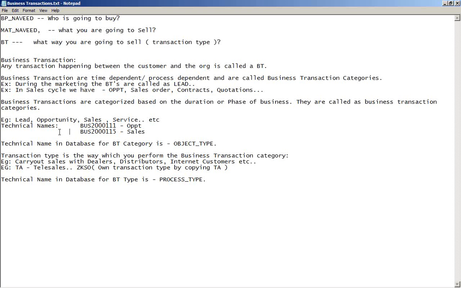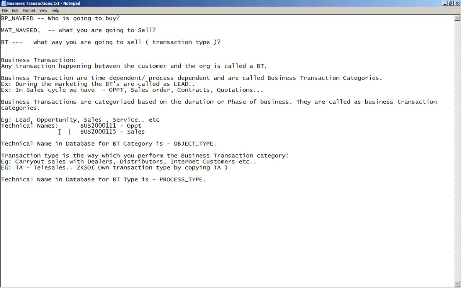You can also sell your products in bulk to a distributor or a dealer, with different terms and conditions. The same sales category is now being performed in many ways. When I sell to an end consumer, I'll have different terms and conditions. Replacement sales have different terms and conditions, and for exchange, where you exchange one product for another product, you have different terms and conditions.